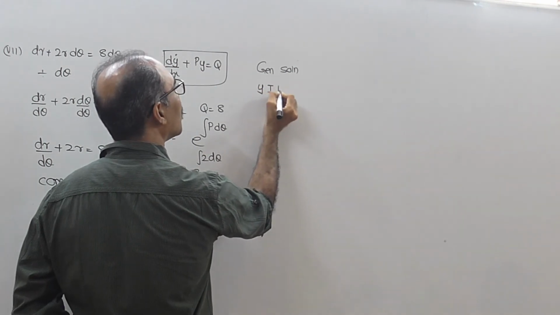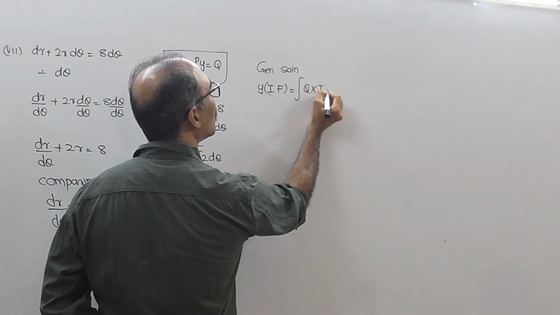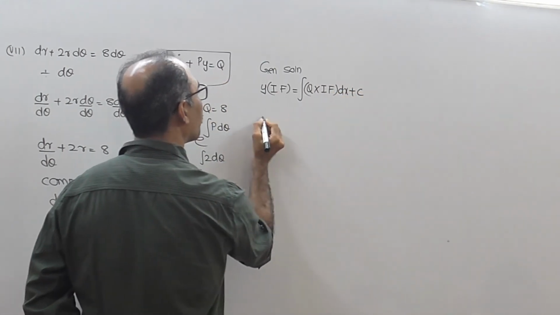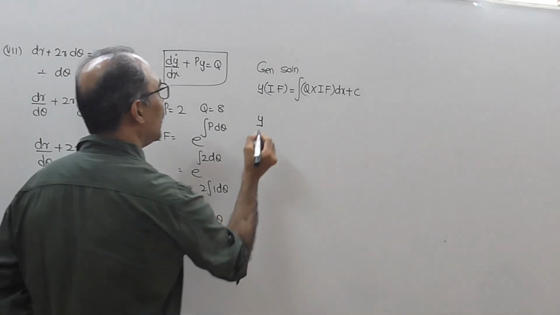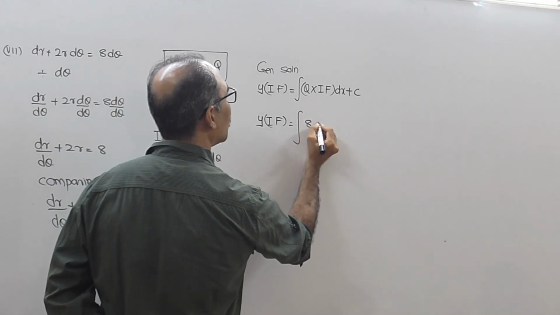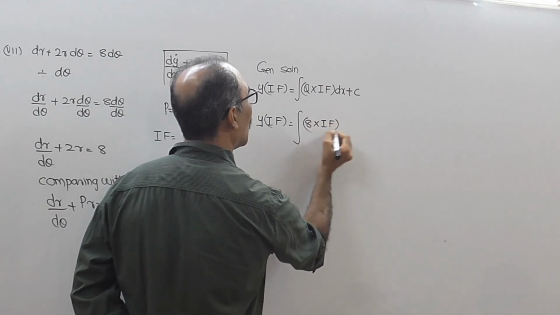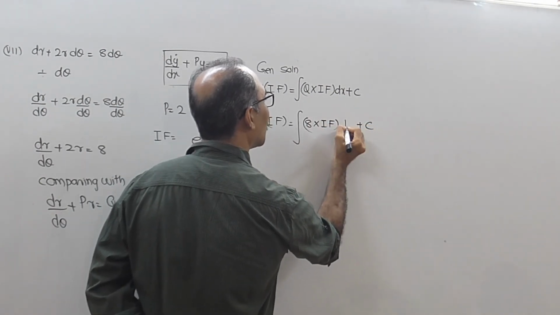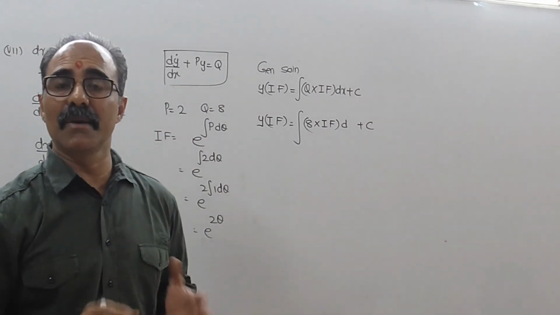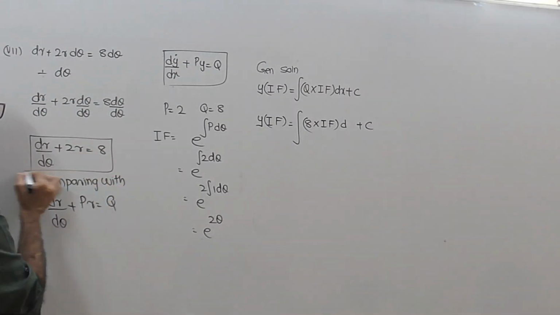normally it is y integrating factor equal to integration q into integrating factor dx plus c. इधर रहेगा y, इंटीग्रेटिंग फैक्टर में भी प्रॉब्लम नहीं आएगा. q is 8 into इंटीग्रेटिंग फैक्टर, वो भी प्रॉब्लम नहीं आएगा. नाउ यू हैव टू लुक अपॉन कि इधर d के साथ मैं क्या अल्फाबेट लिखेगा, x लिखूं, y लिखूं, r लिखूं, थीटा लिखूं, टेंशन नहीं करने का. तुम्हारा ये जो फॉर्मेट है ना, इसमें या इसमें